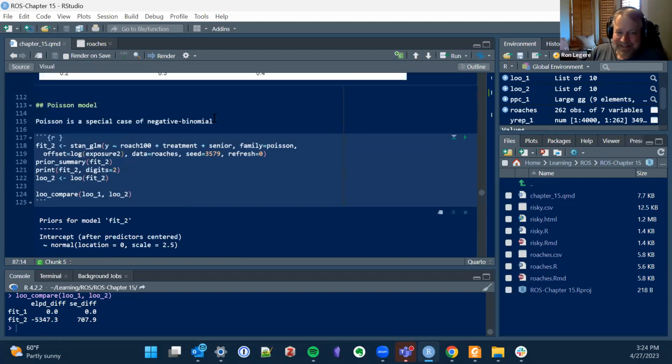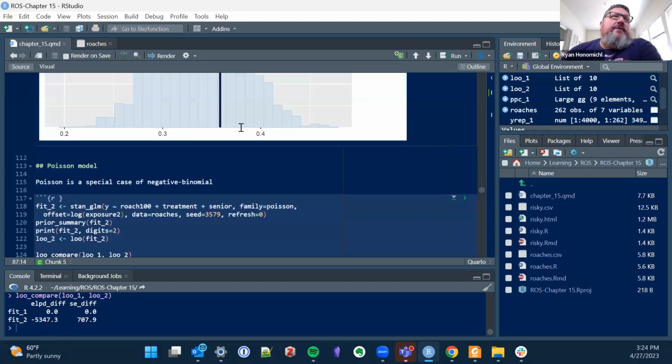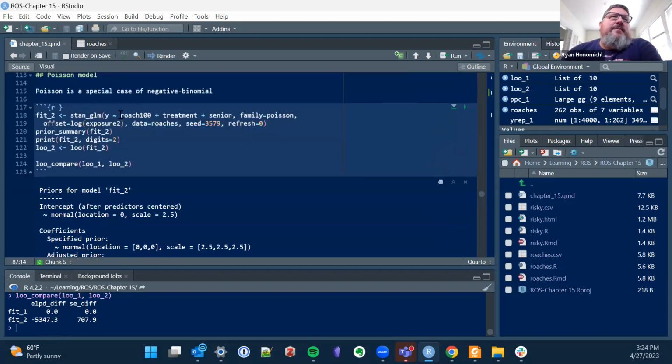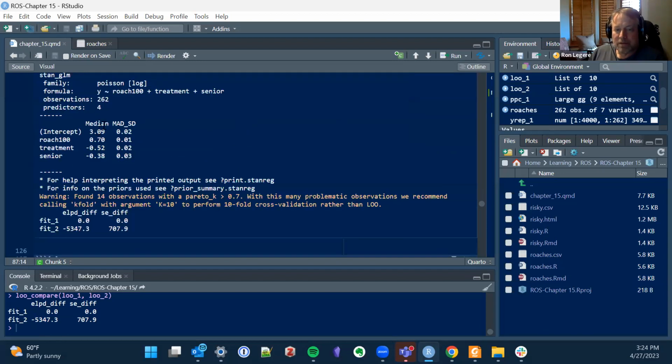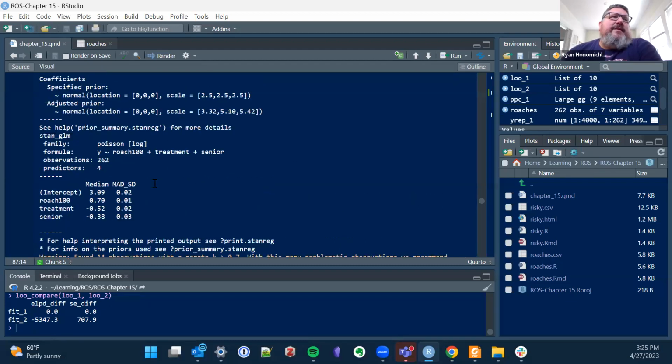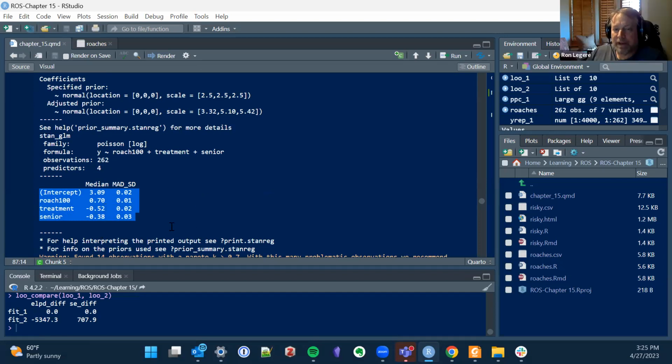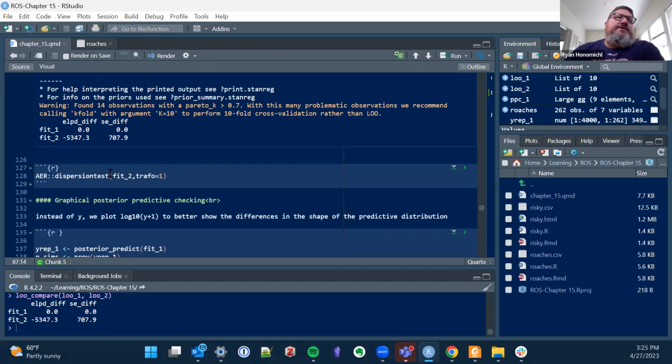So now, just as a comparison, I'm running the same model, but as a Poisson, because we're going to compare the two and see how well they work. Now I get this warning again. I don't know how much I should even interpret this. Remember, this was like negative 0.7, or something. Yeah, negative 0.8. So we're getting slightly different things.